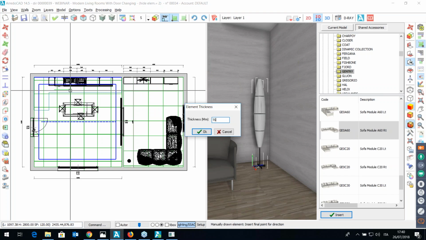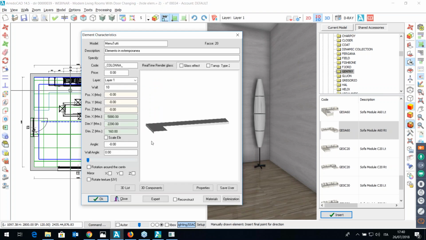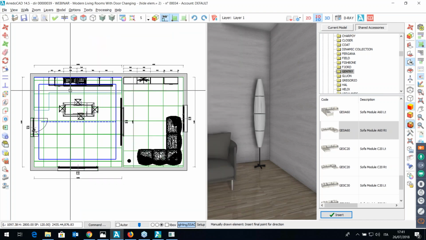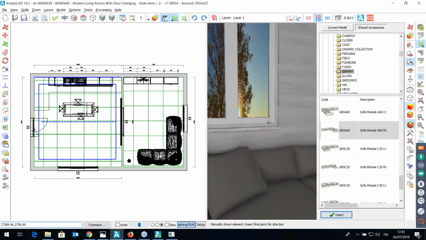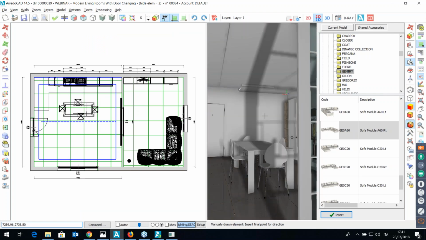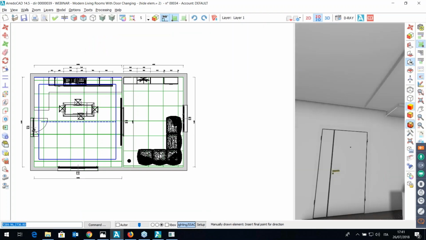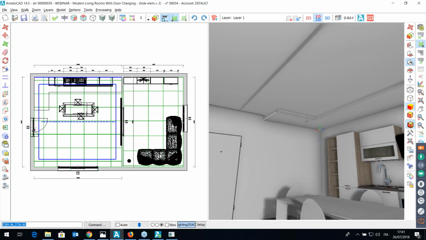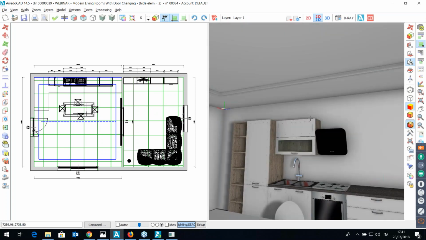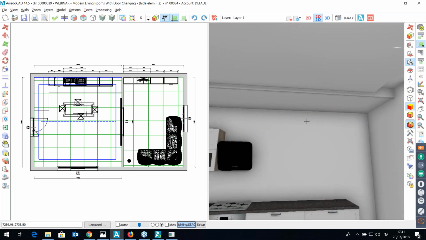The thickness could be 160. Press OK. Here is my element. The distance from the ground will be 2640. And now we can see this element in the kitchen. Here it is. Okay. If I have to build a round shape, like a round false ceiling, for example, in